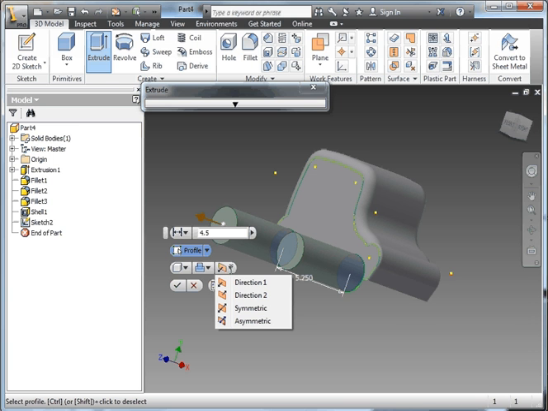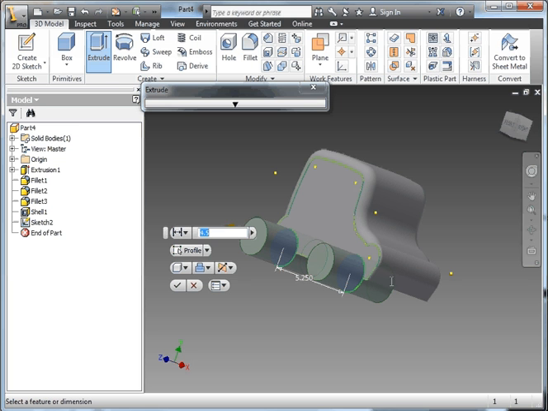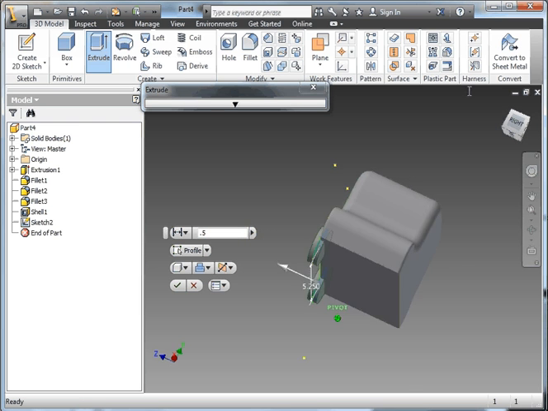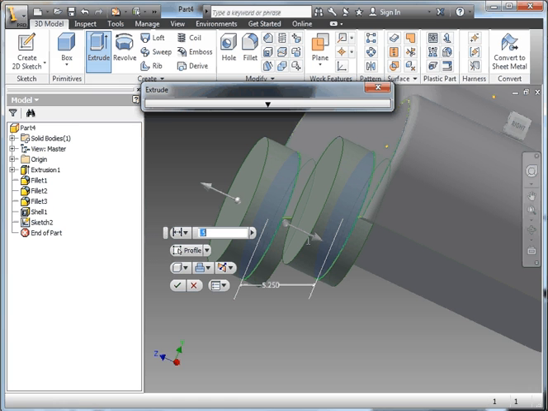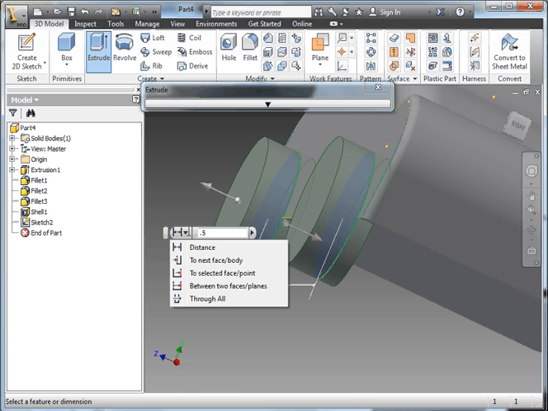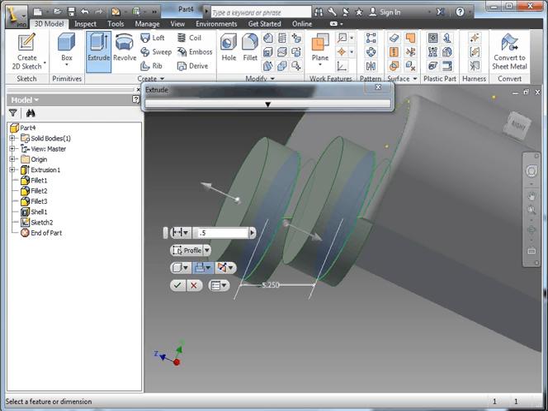If that's not what you want, we can now use the Asymmetric tool, which is new to 2013. I can click on Asymmetric, and you can see that it gives me different thicknesses here. Let's drop the drop down and see what it gives us. So asymmetric is giving us 2 different distances. Let's swap those. There we go. So we've got 0.5 on the inside, 0.25 on the outside. I'll click OK. Now you can see there's our wheels, but the wheels are only on one side of the